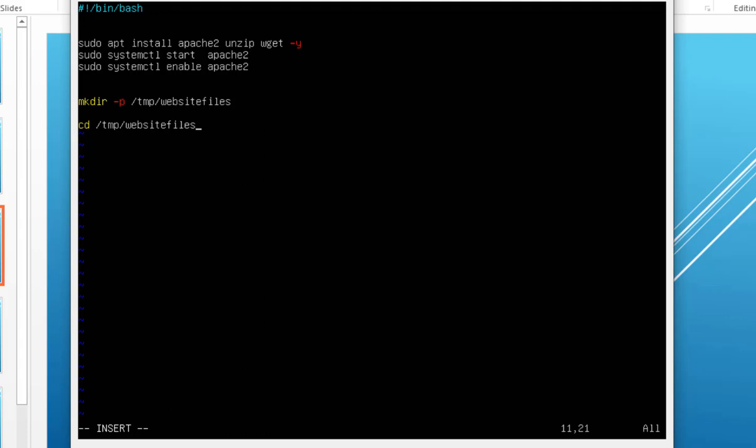All right, so after that, what cd does is just enter this directory that we have created. Whilst we are in this directory, we want to download the website files. So that is where you are going to use the wget that we installed here. It's like a downloader. So use wget and put the link of the